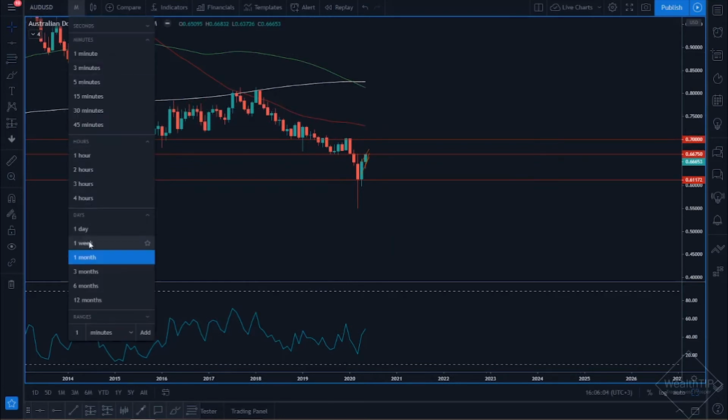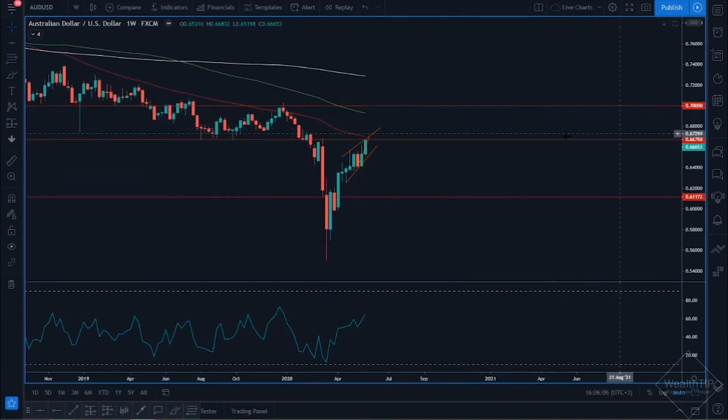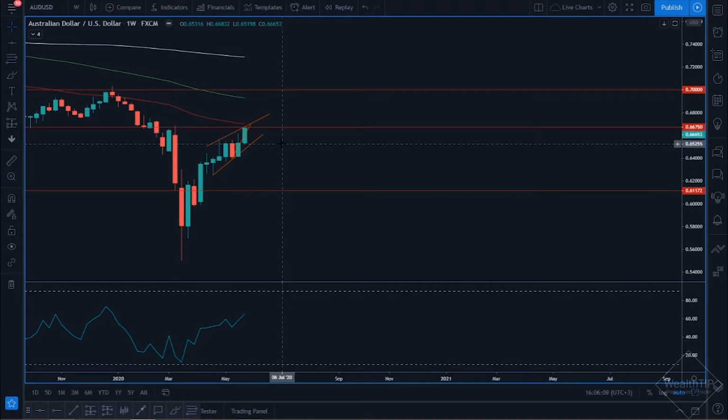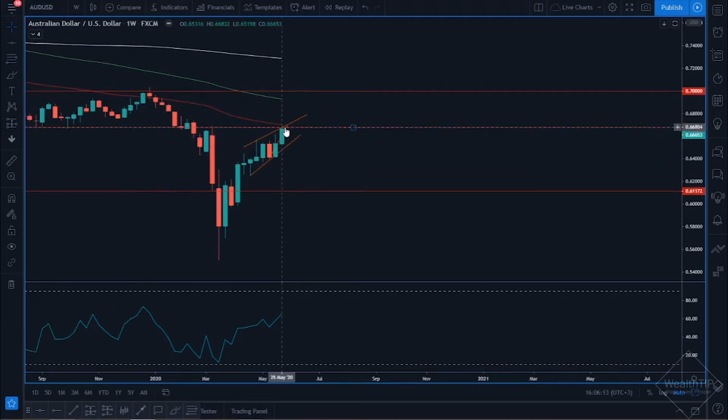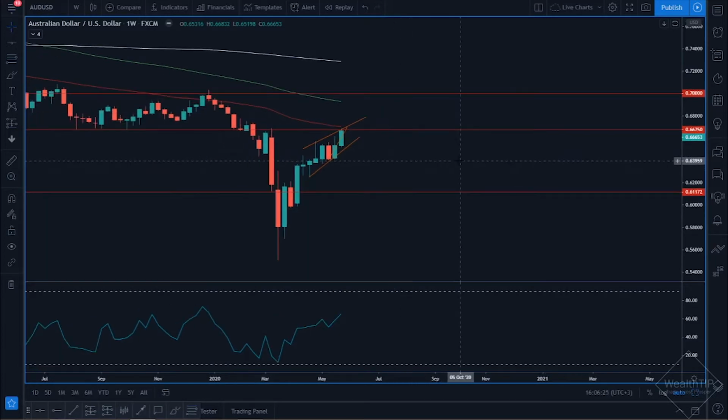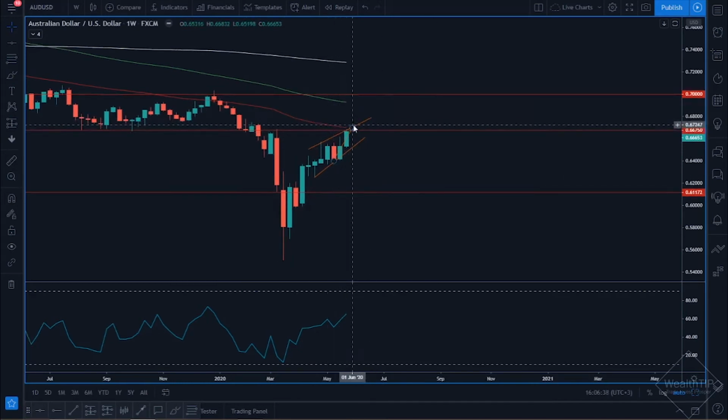But I want to refine this a bit more because there are a few things that I need to be mindful of and I want to bring to your attention as well. The first thing is the fact that the market has built a lot of momentum, but it's running straight into this moving average over here. Bear in mind that this moving average is lining very nicely up with this key resistance level of 66.75. And if we break the key level of resistance alongside the moving average that's acting as dynamic resistance, then ultimately there's nothing that's keeping the market from running all the way up till this point.